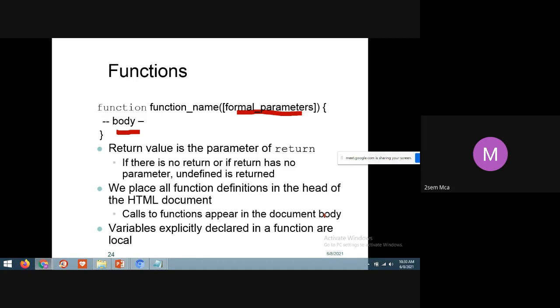Variables explicitly declared in the function are local.